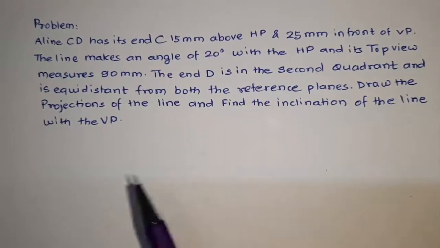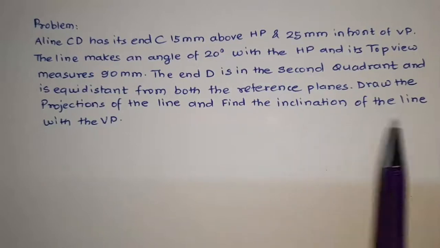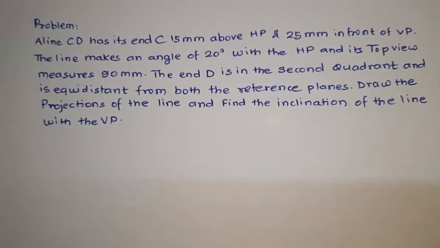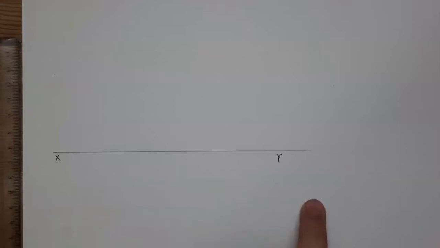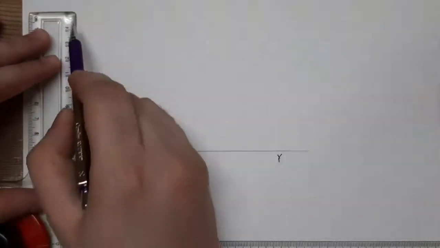Then the problem states: draw the projections of the line and find the inclination of the line with respect to VP. So that is the end of the problem, and we have to start drawing the solution. Now, to draw the problem, we have drawn the XY line, and now we have to identify the locus of C. So I will be taking a vertical line,